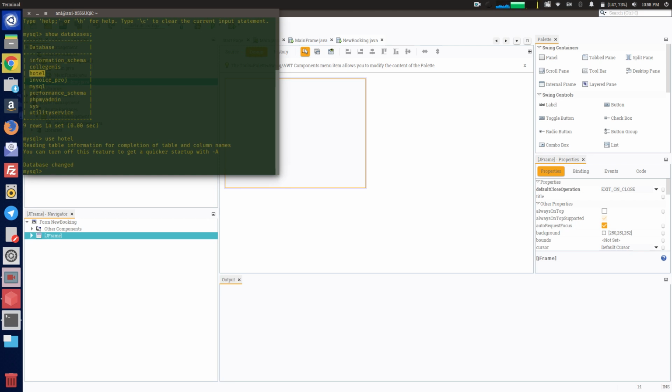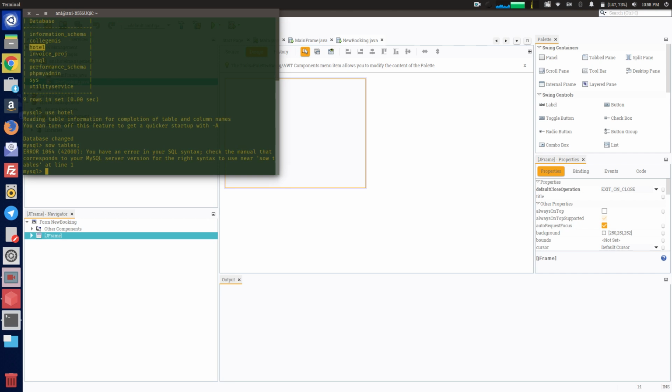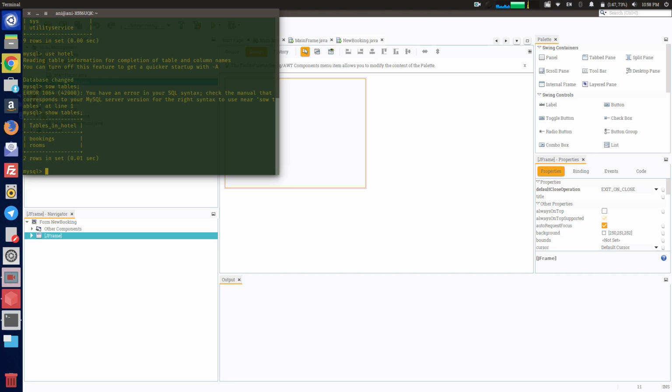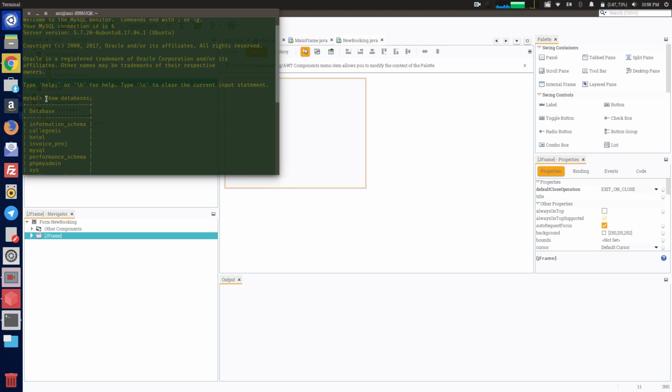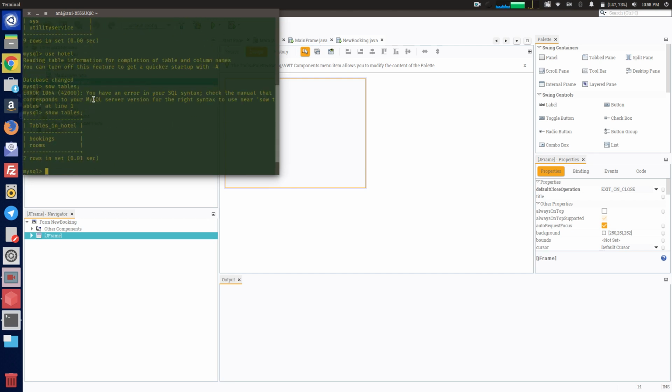Now what we need to do is check the tables. Show tables. You can always use software like phpMyAdmin and all, and those are quite interactively good, but I prefer the command line. You can check all the tables which are available with this command, and you have already seen how to create any. So now we will see the